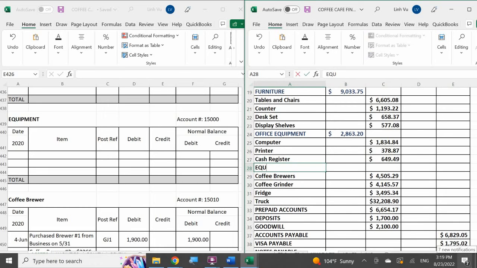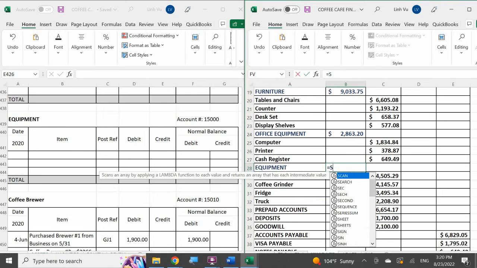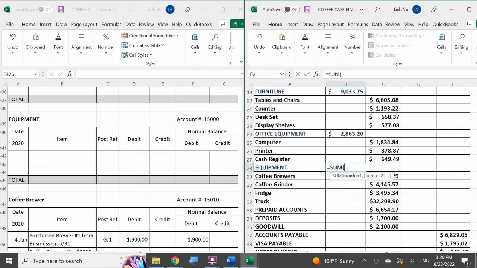So equipment, which will include my coffee brewer, coffee grinder, and my refrigerator. So in this case, it's going to equal right now